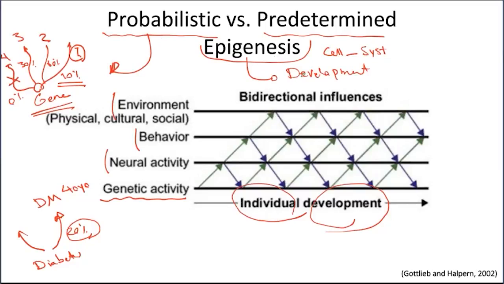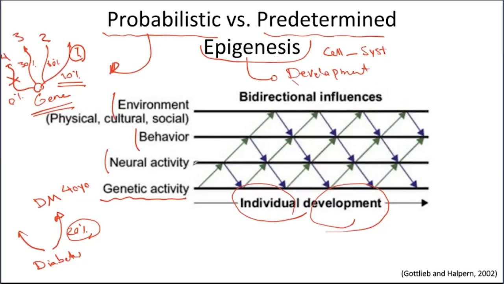So it is more probable to go to the path of number, let's say, here number 2, but you can also go to path number 1 as well if you do these sort of activities and behaviors, and if you live in this specific environment that you make for yourself, in terms of the physical activities you do, the type of culture around you, or the type of social interaction that is happening around you. So this is how we consider what we call probabilistic epigenesis that would contribute to the process